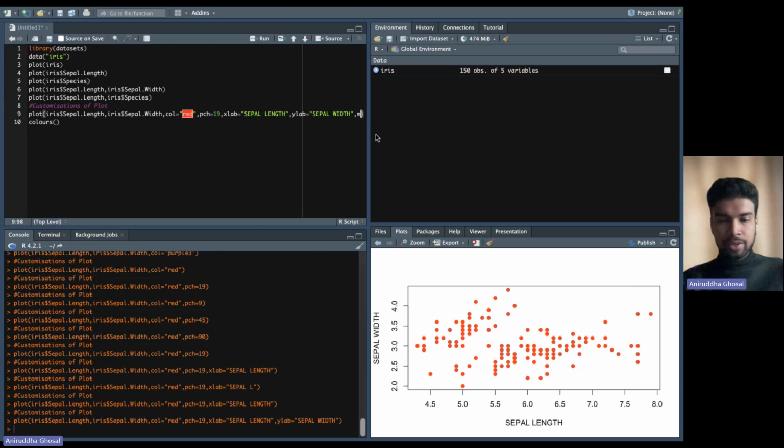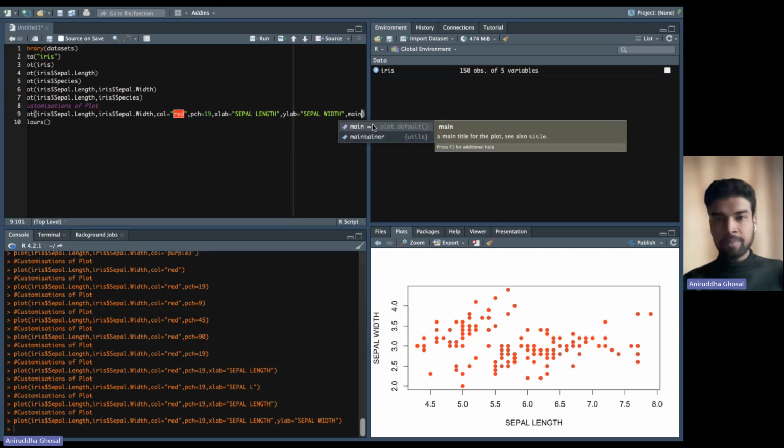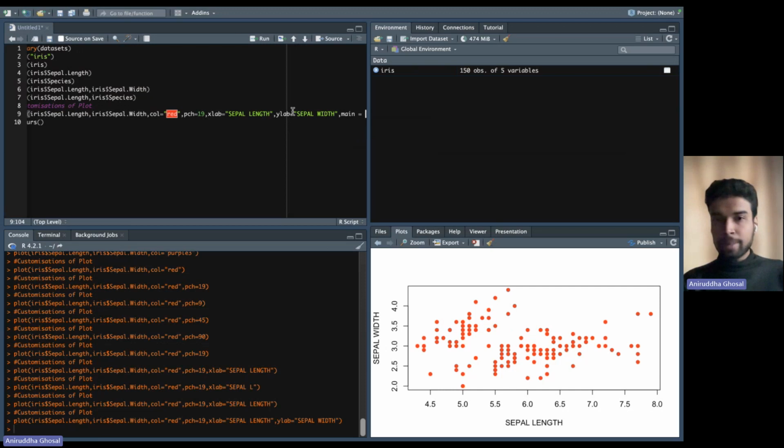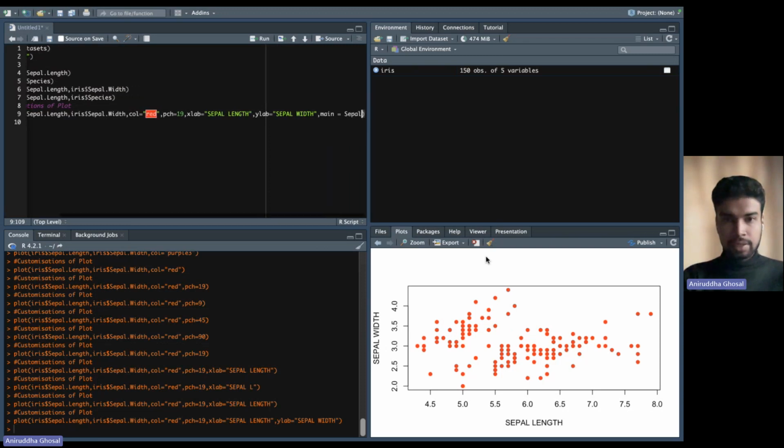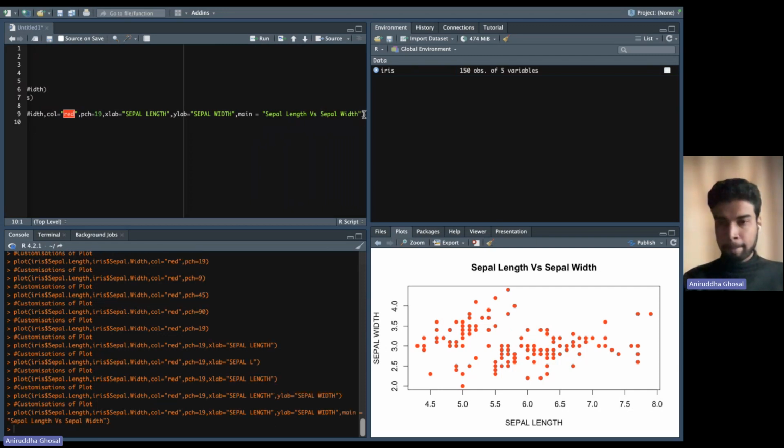To do that, we're using the customization feature called main. Whatever we type inside the double quotes in main is going to appear as the title of the graph. So let's say I want to give the graph the title sepal length versus sepal width, because those are the two variables that we are choosing. Now, if I run this entire command together, see,